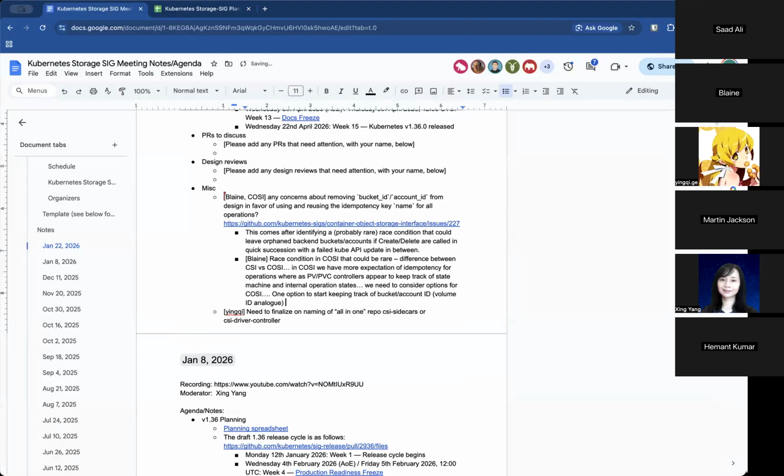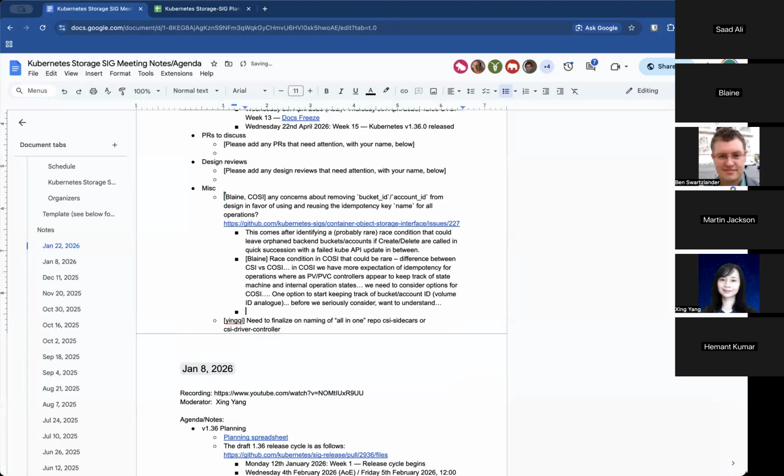Before we continue more seriously considering that, I want to make sure that there isn't something intrinsically important about keeping track of a volume ID that is separate from a different idempotency key in a storage API. That seems like a weird question because the volume ID is a crucial part of the CSI API. I don't understand what the alternative could possibly be.